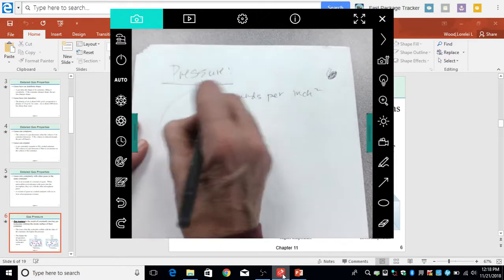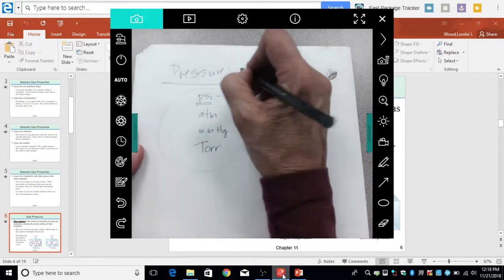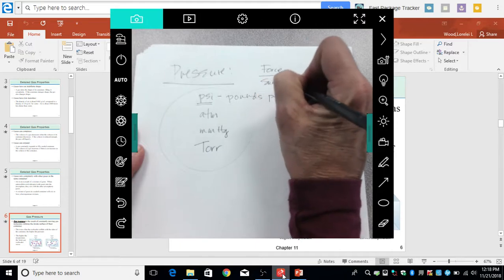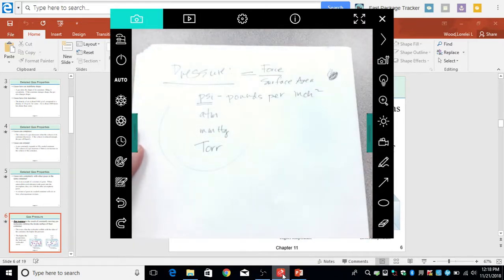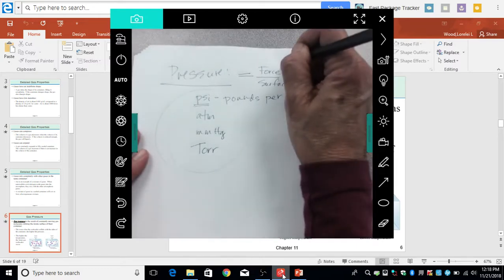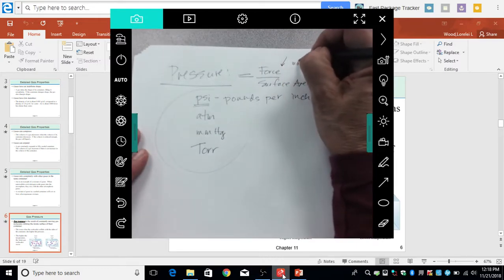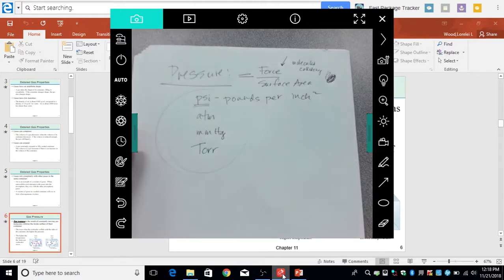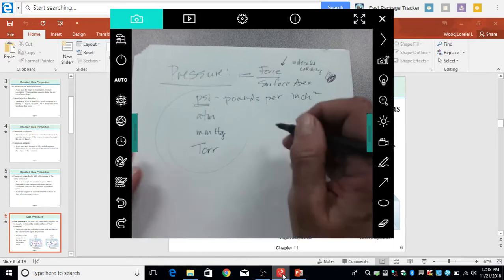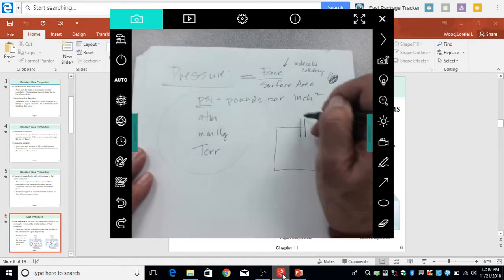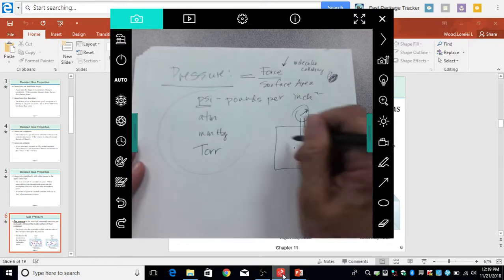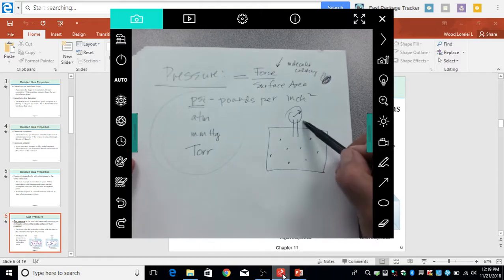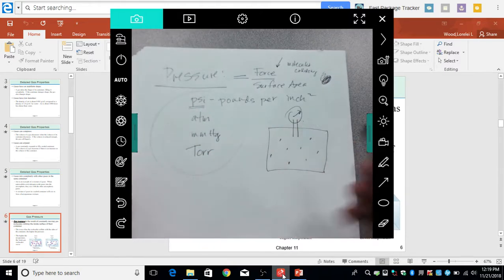Now, PSI I like because this tells us what pressure is. It's some unit of force over some surface area. That's what pressure is, force over some surface area. And the force for gases is the molecules colliding. They collide with each other, they collide with the walls of the container. If we had a closed container with a pressure gauge, what could we change about it that might change the pressure? Well, before we think about that, let's talk about the units of pressure.